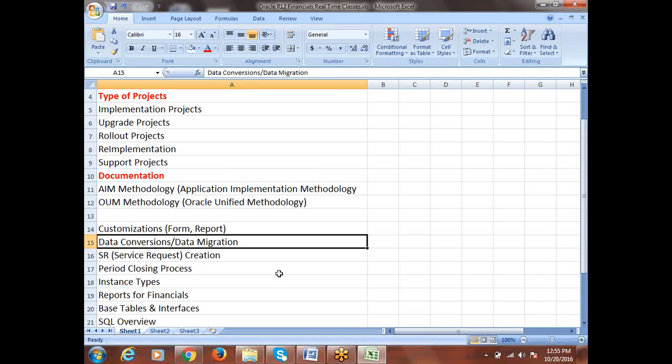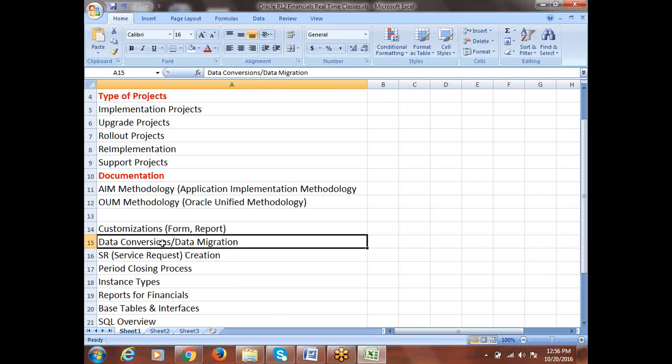Take a simple example, say Tally or Focus or Wings or small accounting packages we have. The client is running the business on those applications. Now the client is moving to Oracle EBS. When they are moving, all the data will be in the previous system. Generally the previous systems we call legacy systems. So now the target is, when they are moving the complete business process into this application EBS, from now on to maintain their day-to-day business transactions and complete organization information in this EBS system, which is an ERP product.